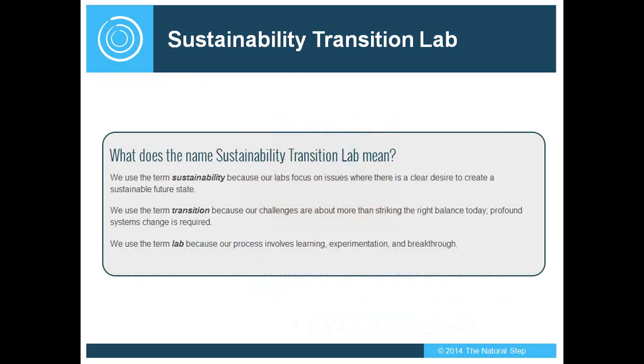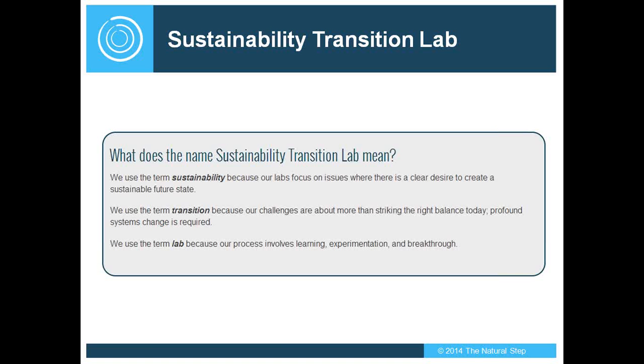With that definition, many of you probably went to our website before this webinar, and you'll have seen this visual about why we called it a Sustainability Transition Lab. As it says, what's in a name? And this is where my elevator pitch comes in when people say, well, what is it that you do? What is this thing you refer to called the STL? And the nuts and bolts of it is using a lab-like approach to enable a transition to a sustainable society.